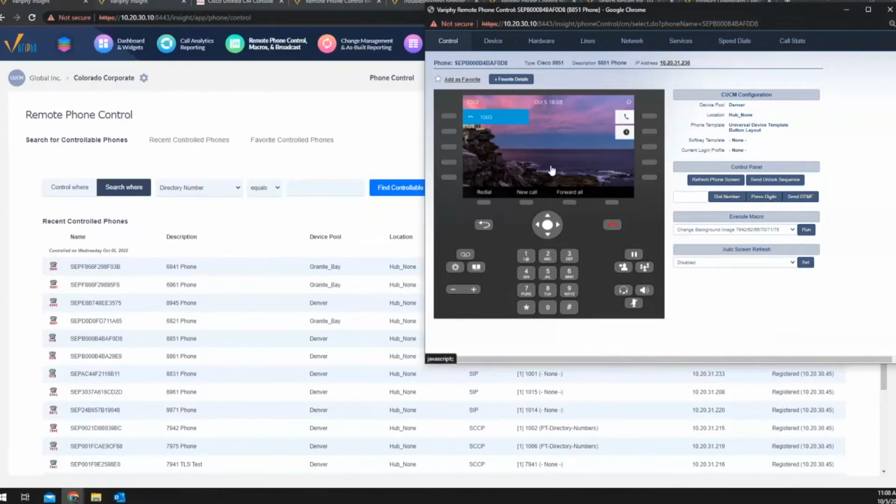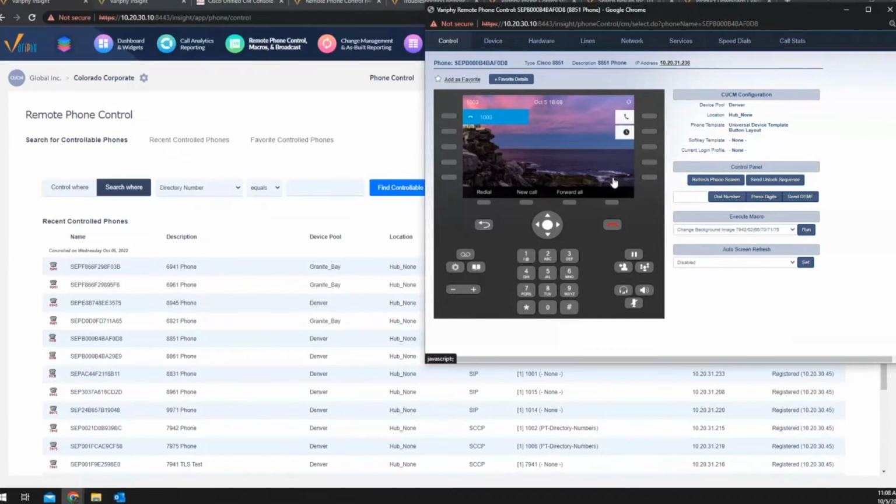Basically, the screen, this cracks me up because I do it sometimes too. The screen is not a touch screen. You can't click on this icon here and have it actually go into that function. You have to use the actual soft key button on the side. It's funny, people think this is a touch screen all the time and they're clicking on it like nothing's happening. No, you have to click on the buttons. And I've done that too on occasion. It's like, really? How many times have you been doing this and you're still trying to use a touch screen?